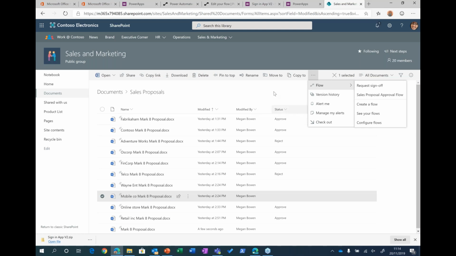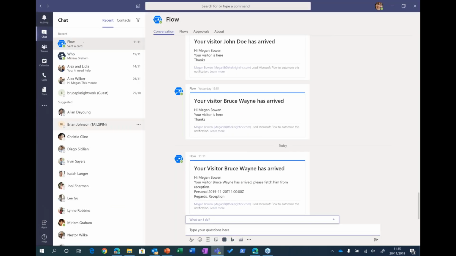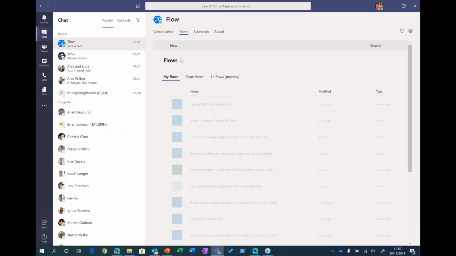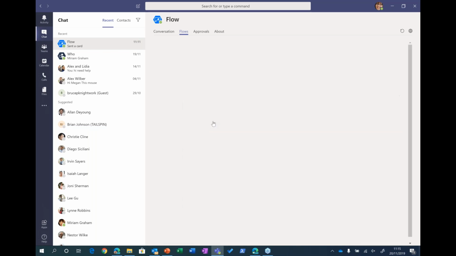So I've started creating that flow already. I'm just going to go into my flows, and so I can jump back into Teams, I guess, and just have a look at my flows over here. Right now, it sends an approval flow to email only. So I'm going to add in a piece that allows me to approve that flow through Teams as well. So if I look at the sales proposal approval flow,